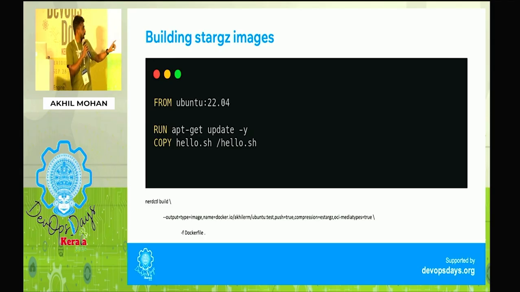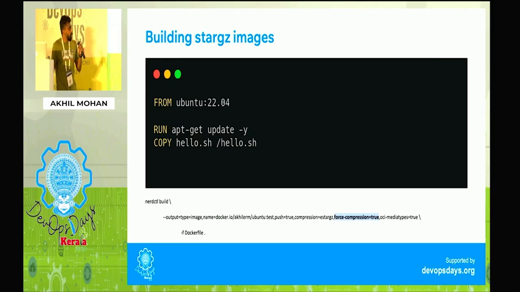I'm using the nerdctl client. It's a binary developed by the containerd team to experiment with new features in containerd itself. Here you can see that the compression is provided as stargz, and the rest of the commands are the same as you expect in a normal Docker build command. One additional thing you need to provide is the force compression flag set to true. This is done because the Ubuntu 22.04 image available in the container registry is not a stargz formatted